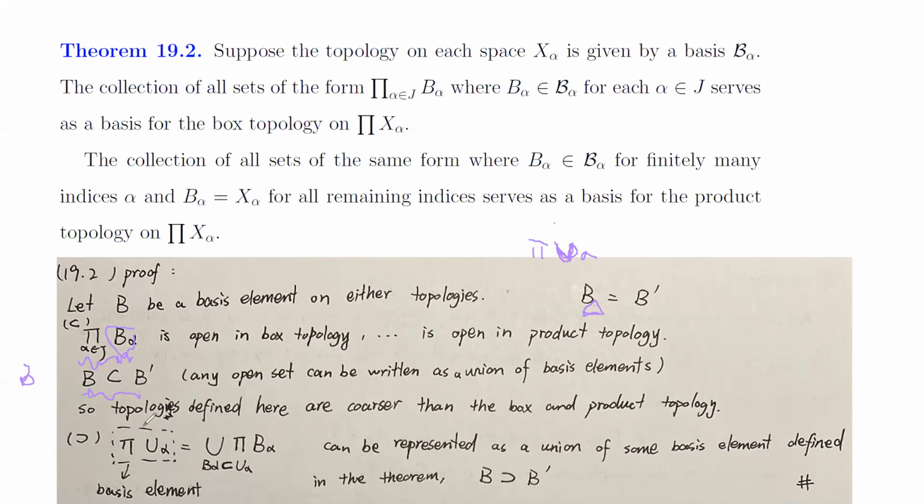And then for the other direction, we have this Cartesian product of U alpha equals this, the union of the Cartesian product of B alpha, where B alpha is in U alpha. So this Cartesian product of U alpha is the basis element we have already defined. And then, since